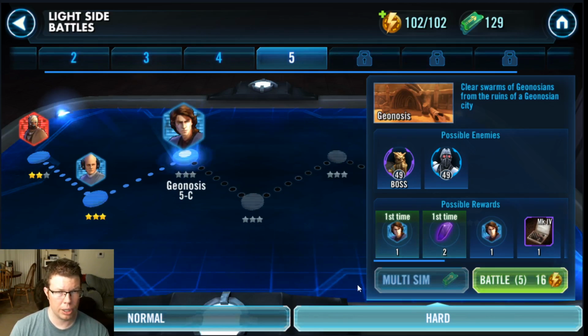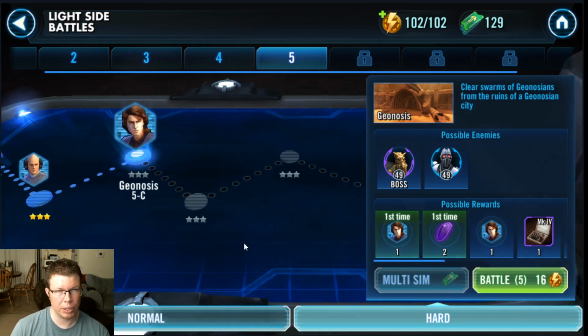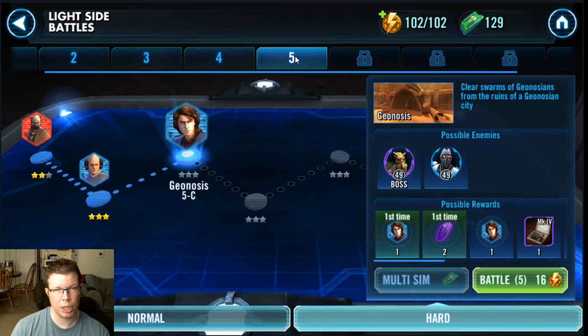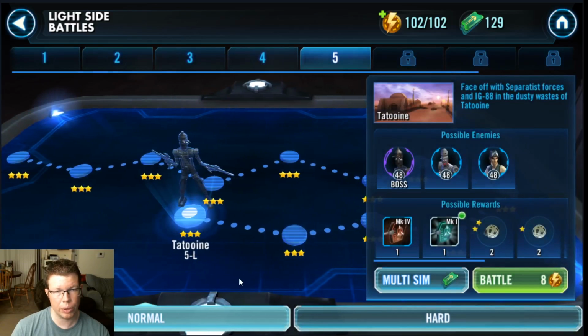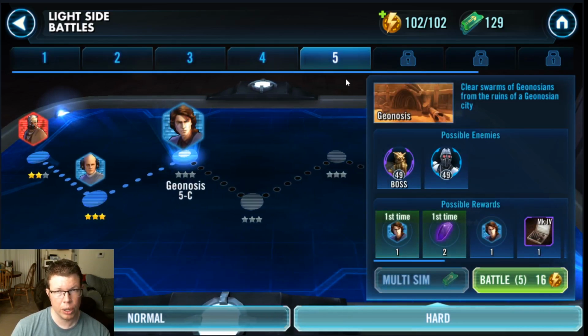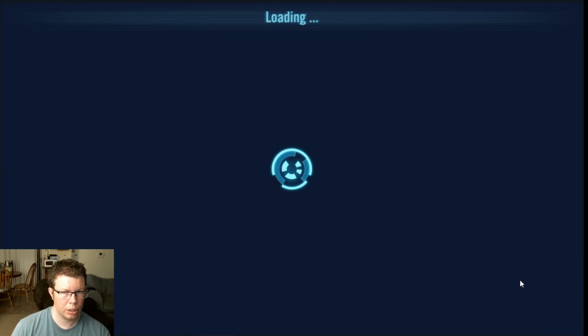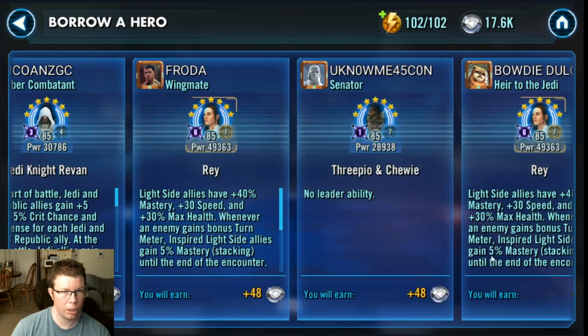And each of these things have gear, they have characters that you could potentially farm, and so you can see here I'm halfway through my light side battles node 5. This is the hard node, so you have to get all the way through the normal mode first, and then you get through hard mode. We do have our energy maxed,